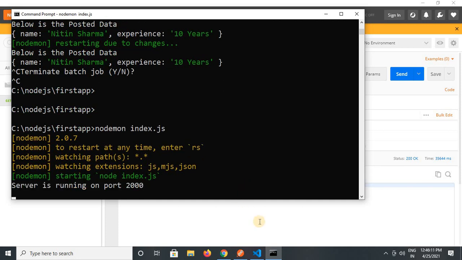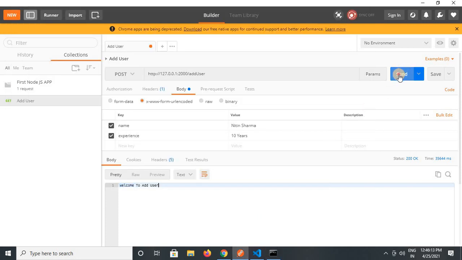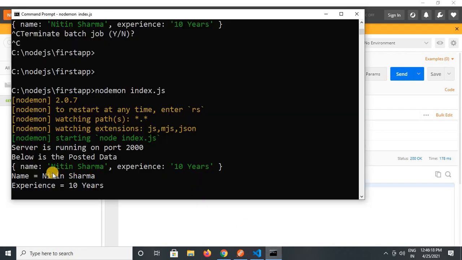I've just started manually, then I will request. Yes, it may be an issue with the node, it may be unable to restart my server automatically, so I can just do it manually. So as we can see, below is the posted data which we have already posted,